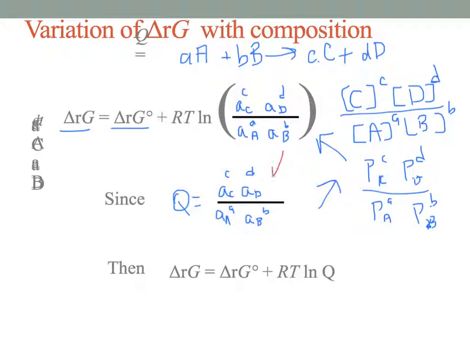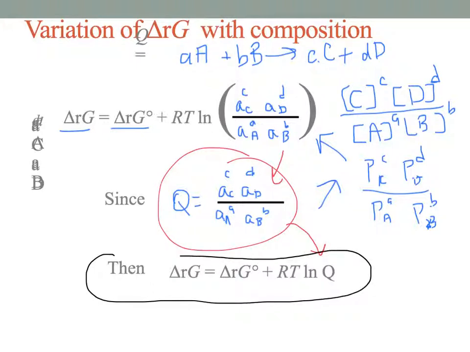So since this is the same thing as Q right here, we simply substitute this part of the equation for the letter Q. So our equation ends up being the reaction Gibbs energy is equal to the standard reaction Gibbs energy. Remember, this little circle here tells us that we're talking about the standard reaction Gibbs energy, plus RT natural log of Q. Okay, so depending upon how the reaction composition changes, then that will tell you how your value for